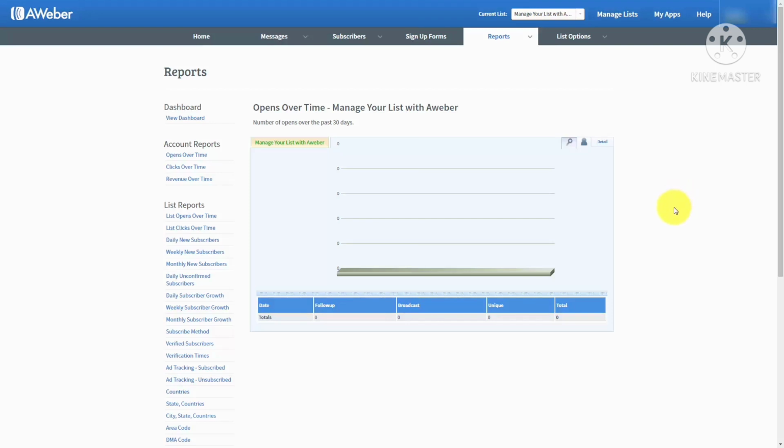Welcome back. You are now looking at the Reports tab inside of Aweber, and what you'll notice is that in this Reports tab, if you go to the Individual Reports link, that'll bring you to the Reports dashboard. And there are two sections of the Reports dashboard. You can look at your account overall, or you can look at the individual statistics for one particular list,